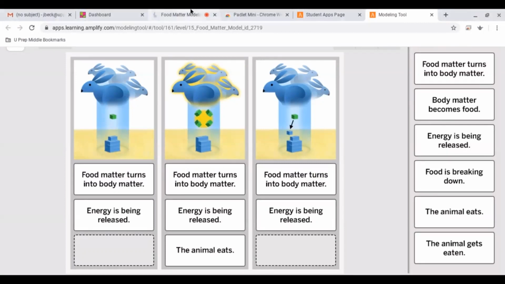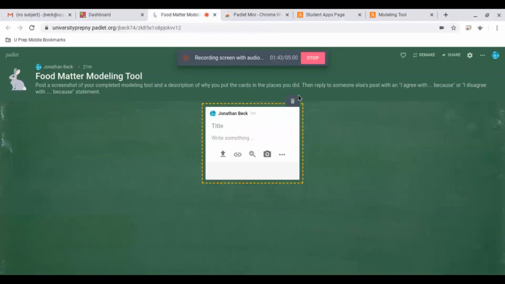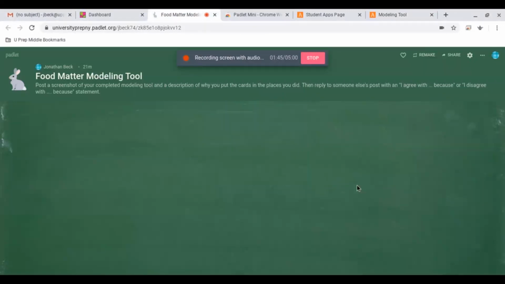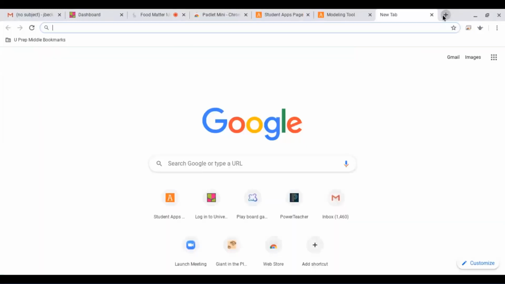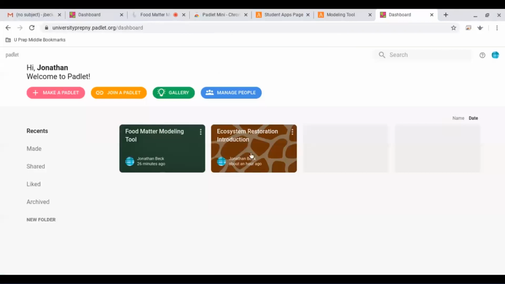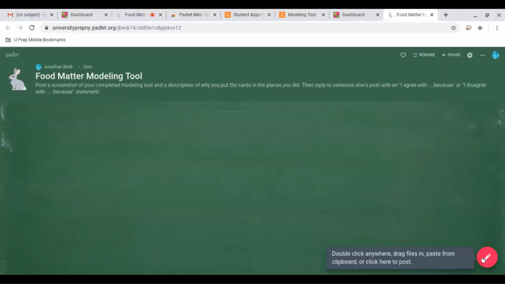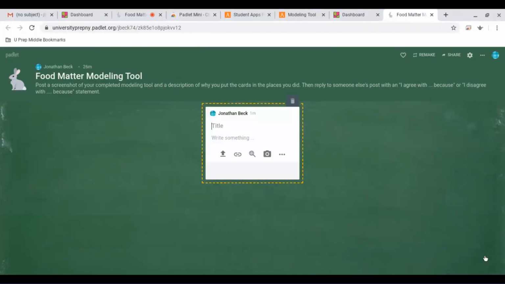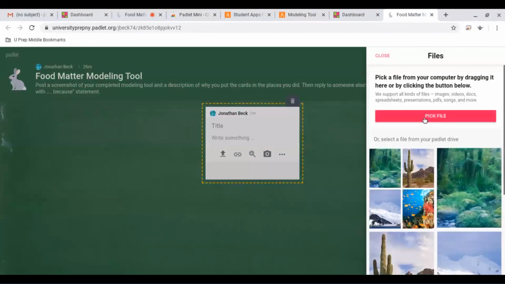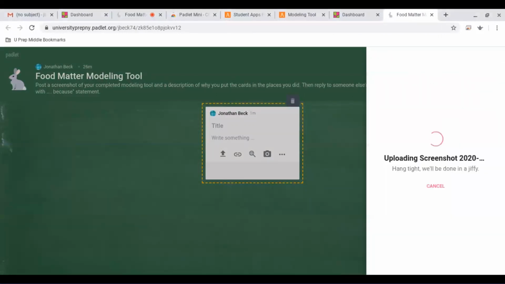So once you've done that, you're going to come back to the Padlet, and you're going to click on the add button in the bottom left. So let me open a new window because it won't let me do that while I'm recording this one. All right, so you're going to press this little button in the bottom right, and you're going to click this little up arrow for upload. You go to pick file, and if you click on your download folder, it should be the one right at the top. If you open that,